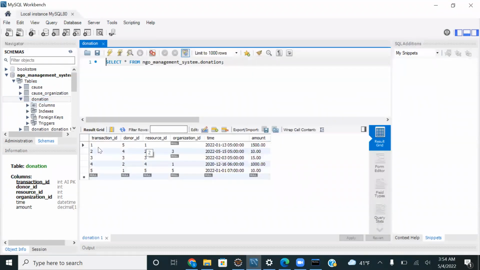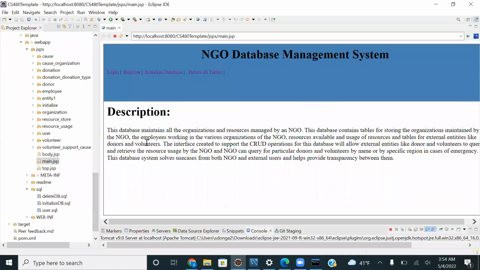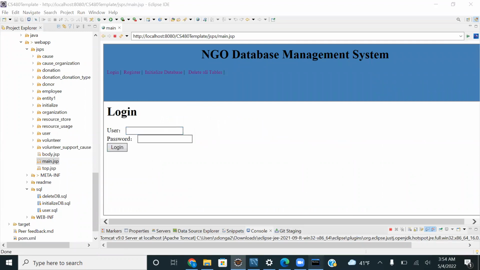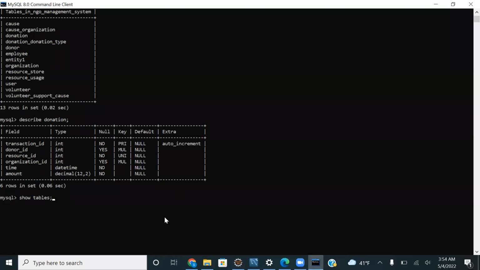So this is a table with transaction numbers and the donor ID, resource ID, everything. So let's initialize the DB. Let's first delete all the tables from the DB. Now we can see that if we look at the tables in the